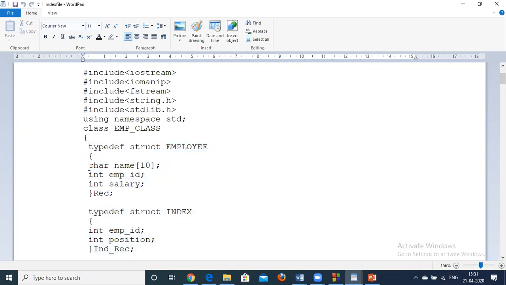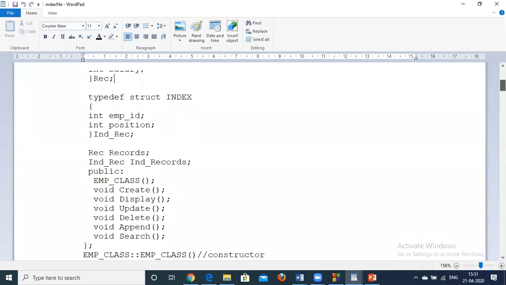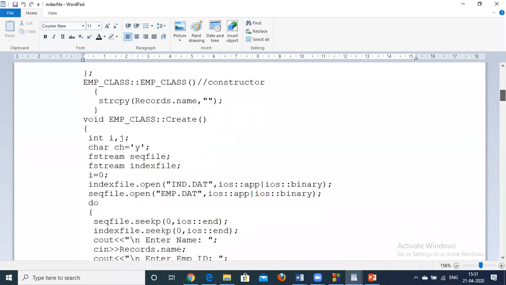So in the data file we will add name, ID, salary, all this, and in the index file we will add the ID and its position. Record is the variable of the record to be added in the data file, and this end record is the record to be added in the index file.